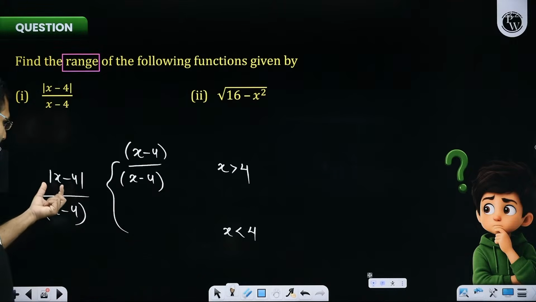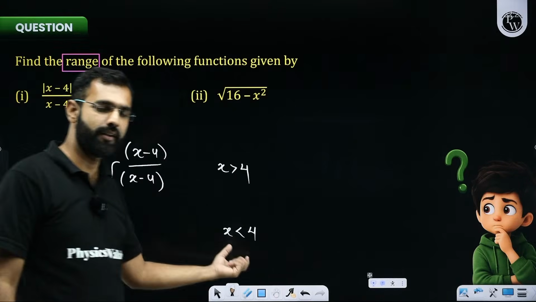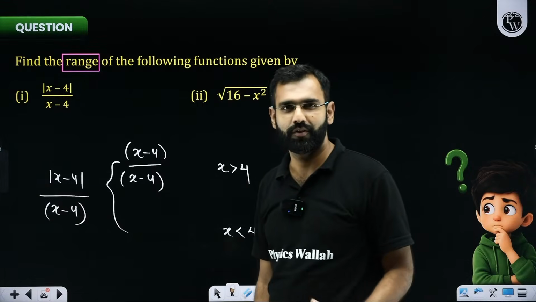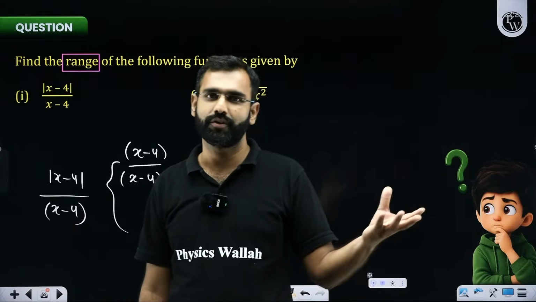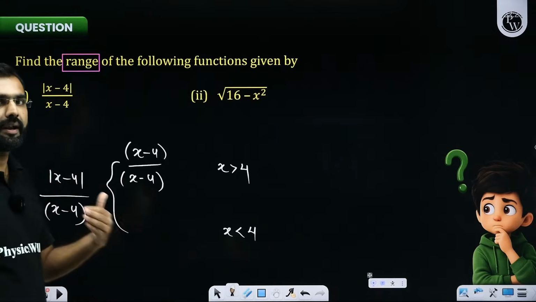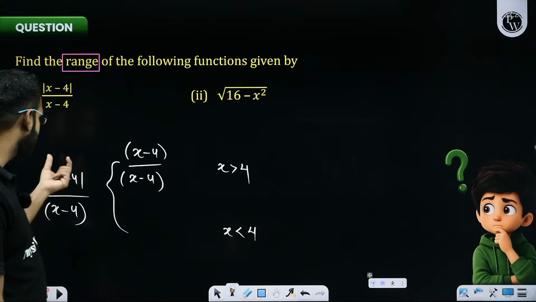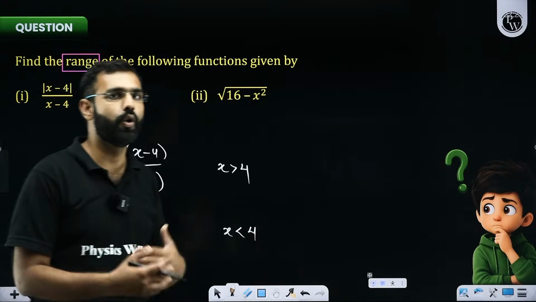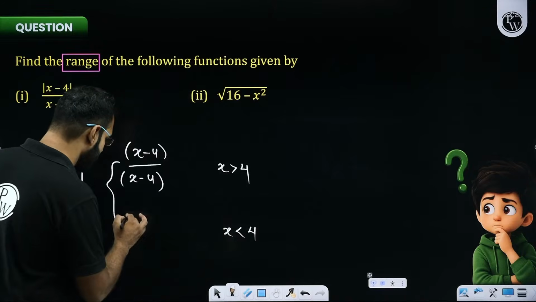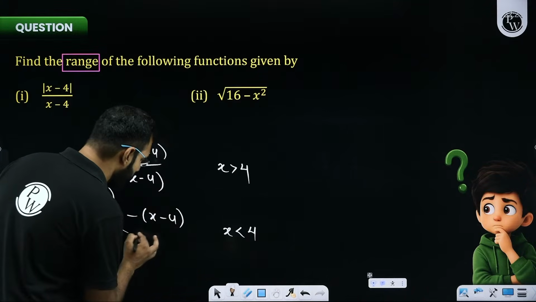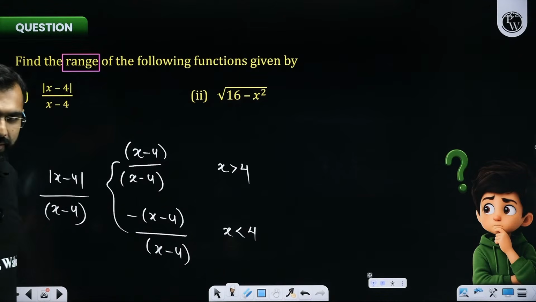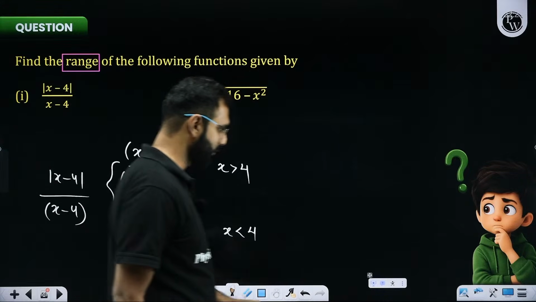Sir, what about x minus 4 for all the values of x less than 4? If x is less than 4, imagine any value less than 4, like 3, 2, minus 1, minus 2, anything like that, it will give me a negative value. So this x minus 4 becomes a negative value. So if there is a negative value inside the magnitude sign, how do we remove the modulus sign? Sir, by introducing a negative sign on it. So I'll put a negative sign over x minus 4 and I'll divide it by x minus 4 so that it becomes simple. And I think we are done with this question now.